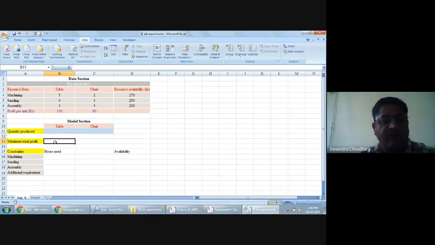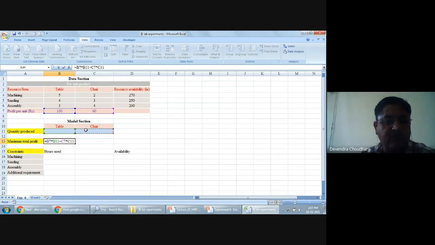The profit on a table is 100 multiplied by the B11 cell, plus the profit on a chair multiplied by the number of chairs we are going to produce.